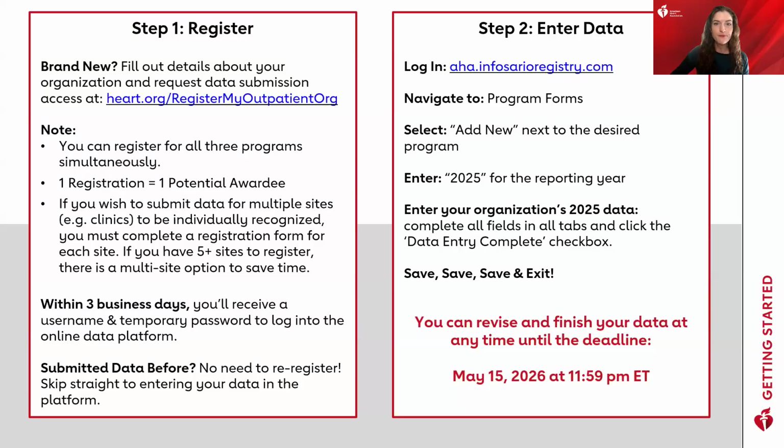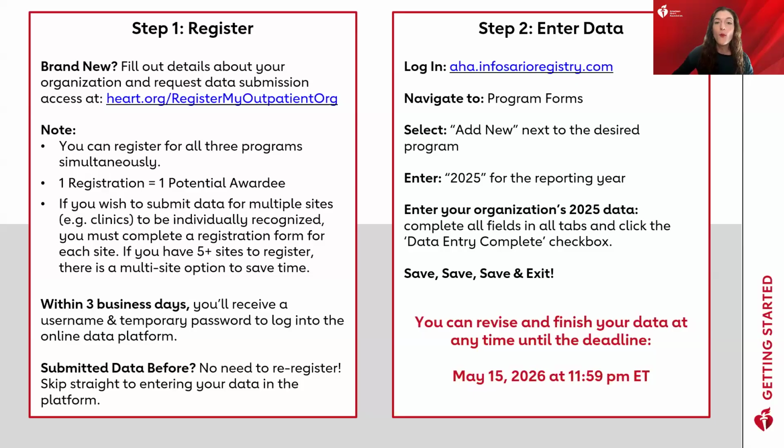to register for. You can go ahead and register for all three at the same time, and if you're considering participating in any of the three, I would encourage you to select them all. That way, if you do decide to add additional programs later, they'll already be in the platform. But if you are returning and you would like to add a new program, you will need to re-register to add that to your organizational profile.